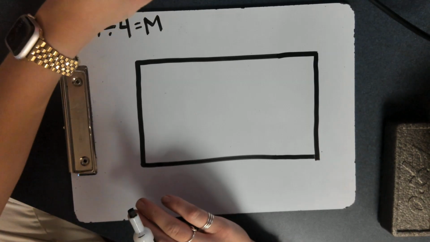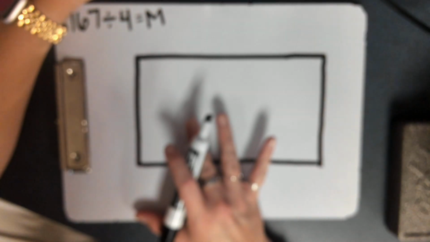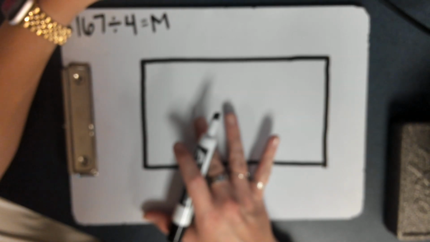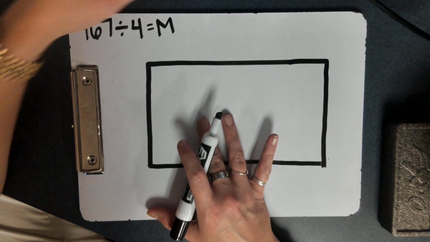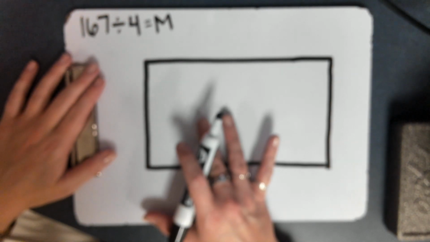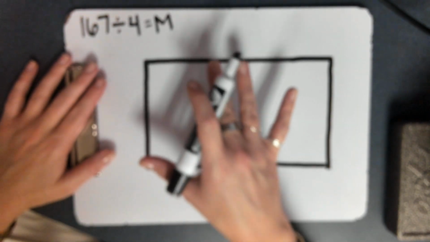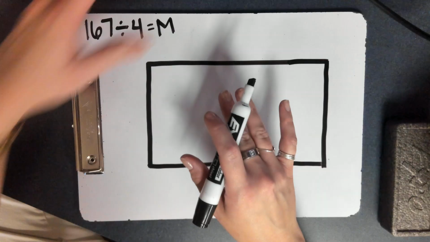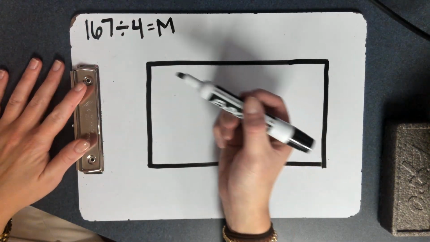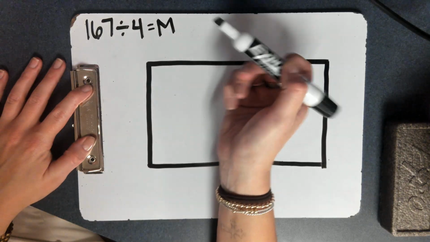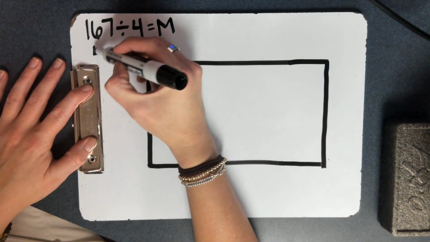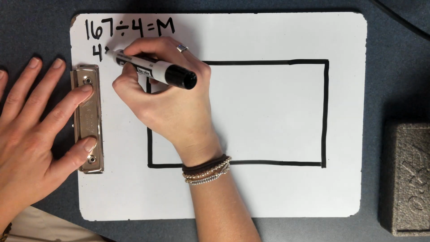Alright, so the whole reason why we use the same strategy that has the same name is because we use a student's math facts to help them solve division. So, by doing 167 divided by 4, we're really seeing as well 4 times